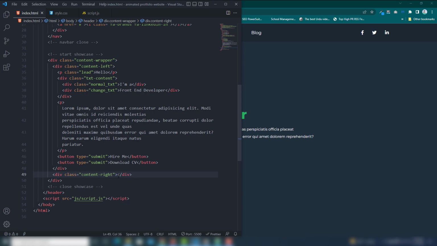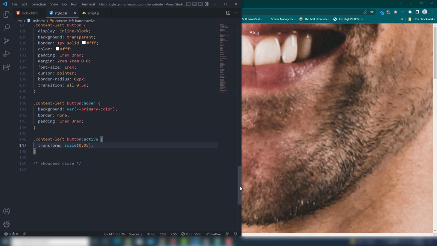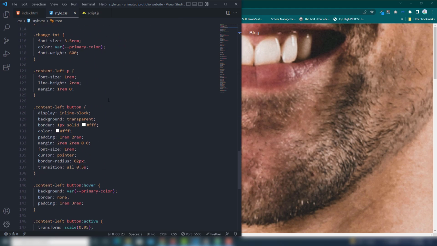So in the right side we're gonna display the image, right? So this is the right side div, so I'm gonna call the image div. Also basically I have written the box shadow, as you can see, variable on above. So we're gonna use the box shadow inside the image. Just add 10 pixel, this will appear in the right side and bottom side, and this is the color of this background, I mean primary color.